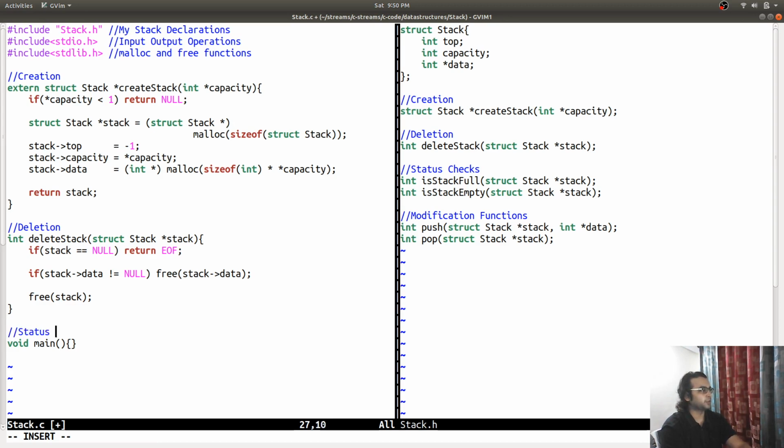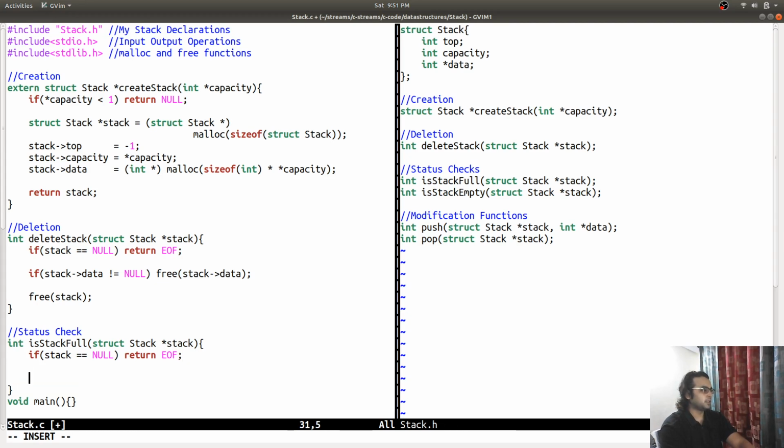Next I'm going to implement the status check functions, like is stack full, struct stack. If the stack is a null reference, then it cannot be full, so I'm going to return end of file.